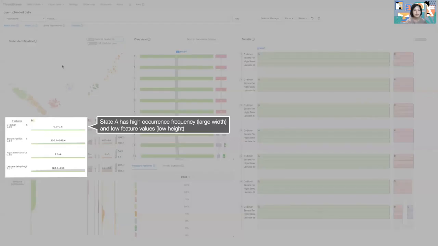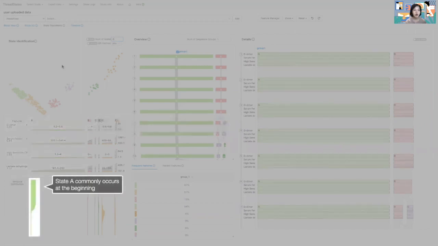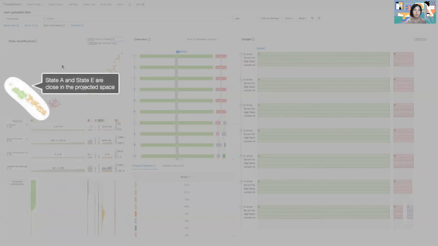For example, in this dataset, the glyph matrix shows that state A has a high occurrence frequency, which is indicated by the large width of the glyph, and no feature values, which are indicated by the no glyph height. The area chart shows that state A commonly occurs at the beginning of the disease. In the scatter plot, state A, which is indicated by the green color,